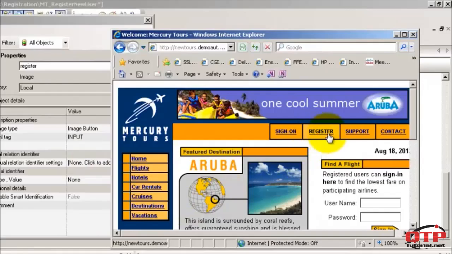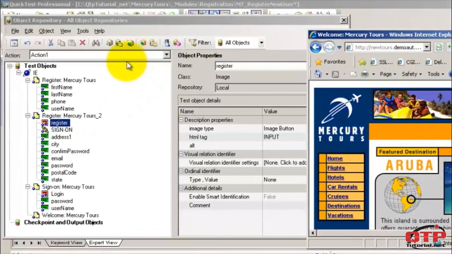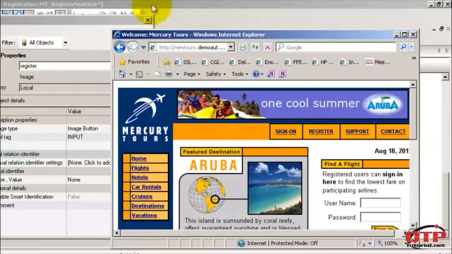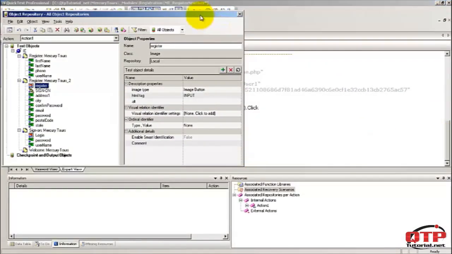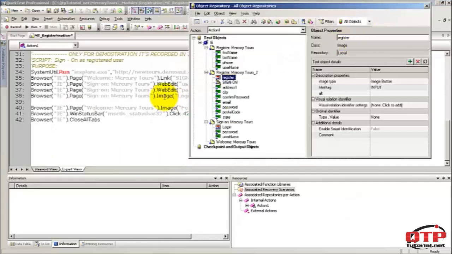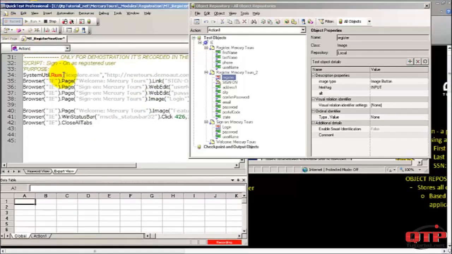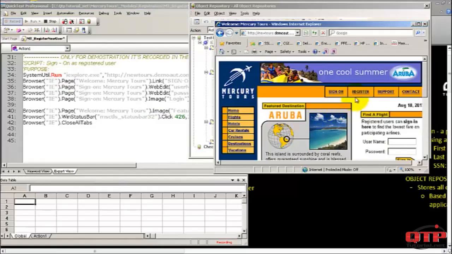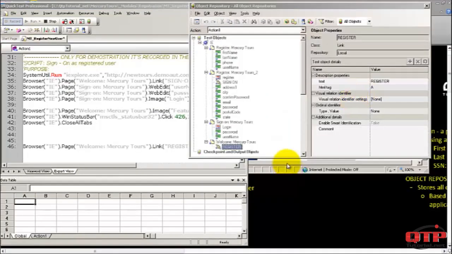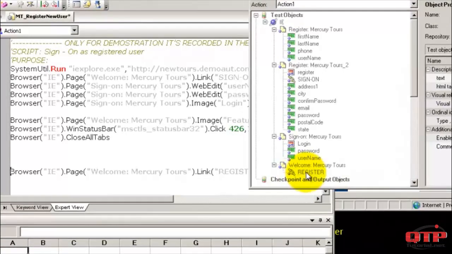If I want to add this register from the application, at the time when I recorded, let's record so that you guys can see. Okay? I'm going to place the cursor right here, just as a single line, and we're going to record again. Okay? And we're going to try to click on the register link. Did you guys see that? Now, it put it as a separate page,